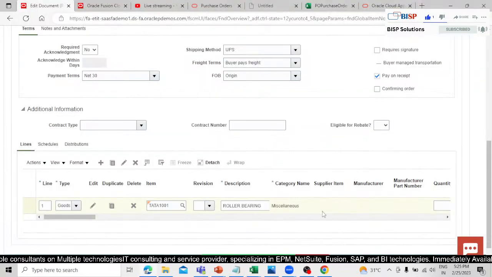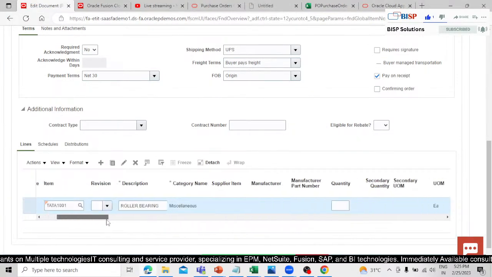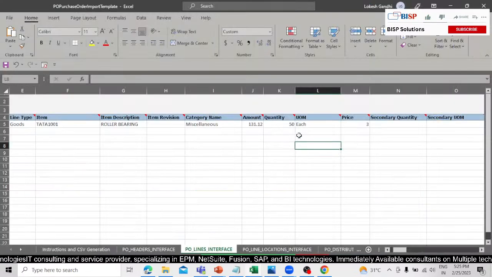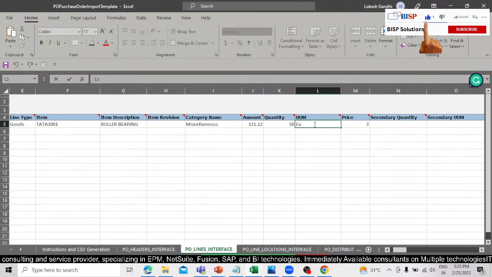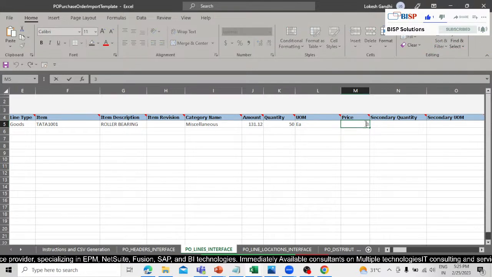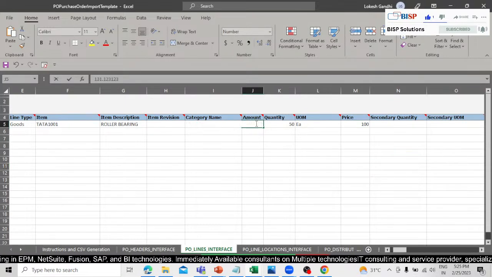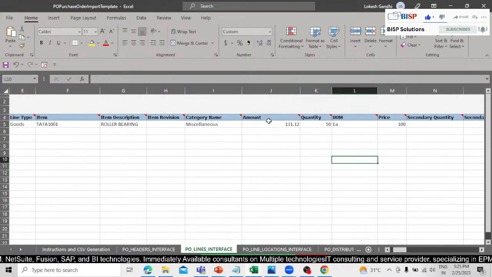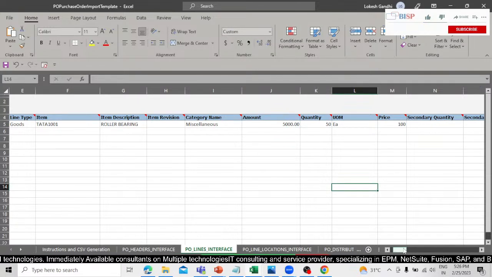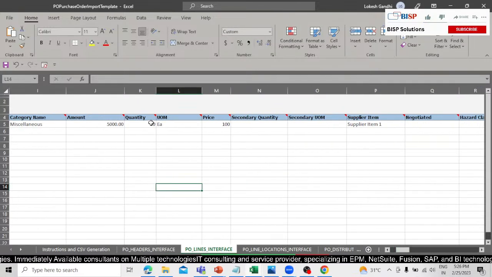So the unit of measure in our application is each, but the system takes EA as each, so we have to define EA, right? And what is the price over here? Suppose we have $100, so we have to define the amount over here, right? So the amount is 5,000, right? So this is amount, quantity, price. EA is the unit of measure,